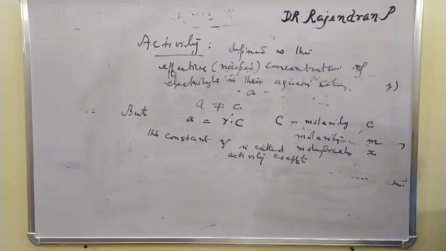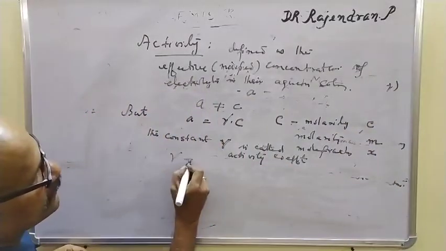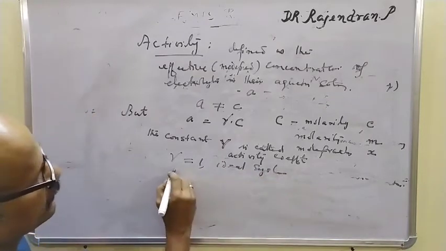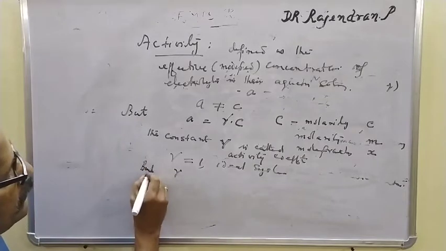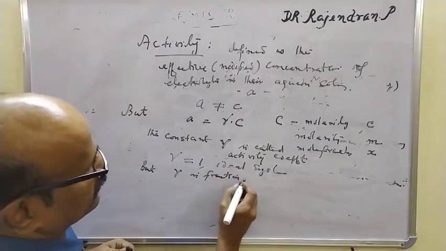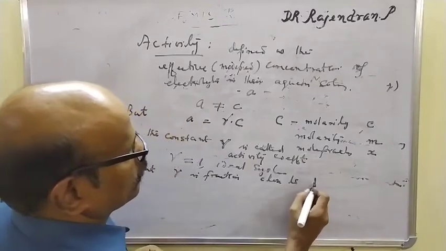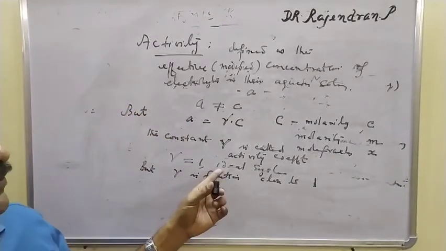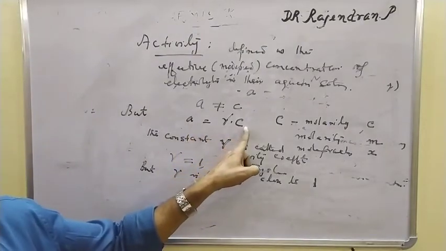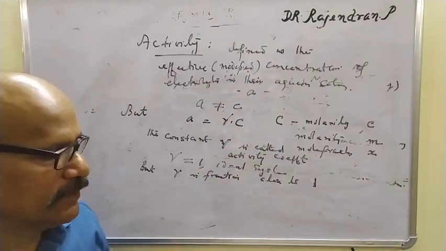Gamma, the activity coefficient, has a value of 1 in the case of an ideal system. Remember, the value of gamma is 1 in the case of an ideal system or ideal solution, but otherwise gamma is usually a fraction close to 1. So gamma is 1 for an ideal solution, so that for an ideal solution, activity is equal to concentration. But in most cases, electrolyte solutions are not ideal. So gamma, the